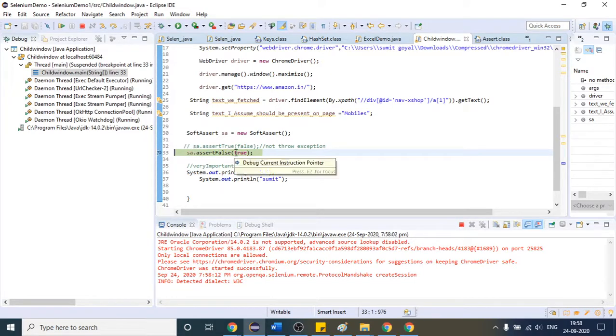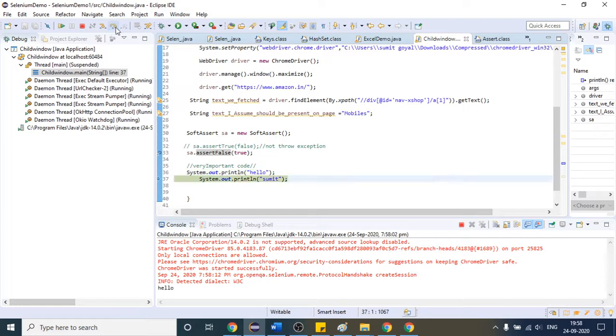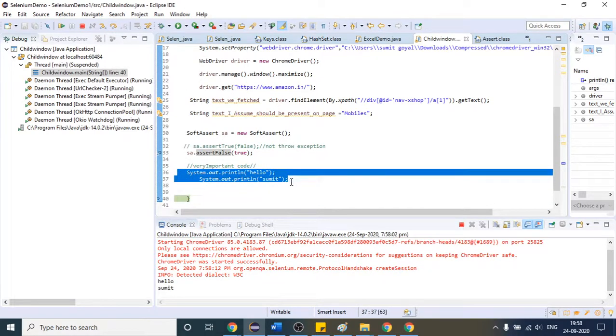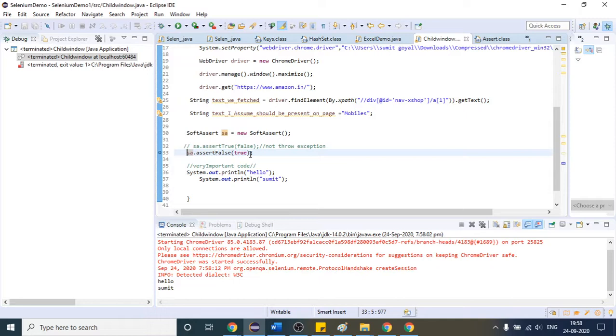This time it should throw the exception, because it is expecting false inside, since this method is this one, but we are sending true. But still, as this is a case of soft assertion, it will not fail your script here. It will comfortably come to the next statement and execute our important code. So I hope you can see that we are able to execute our important code even after the condition is not matching here.